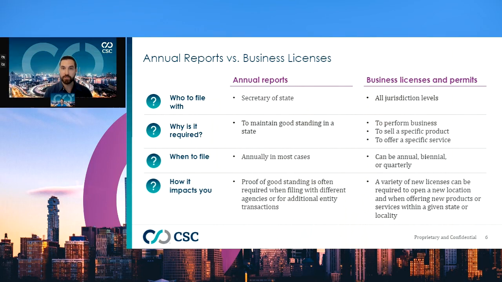And with these filings, you're providing basic information such as your principal place of business, your mailing address, registered agent details, names and titles, and addresses of officers and directors, usually accompanied by a state filing fee. Now, this is, again, for any type of legal entity, so corporations, limited liability companies, limited partnerships, and